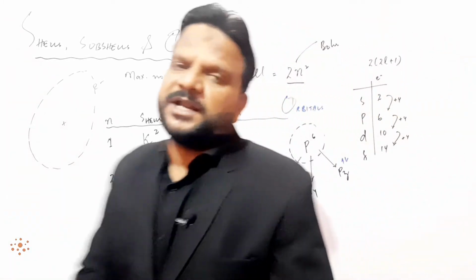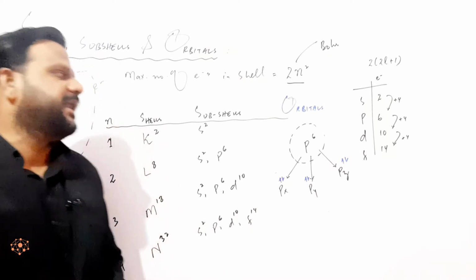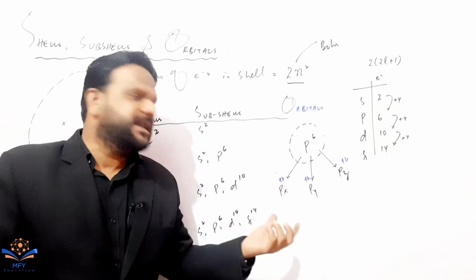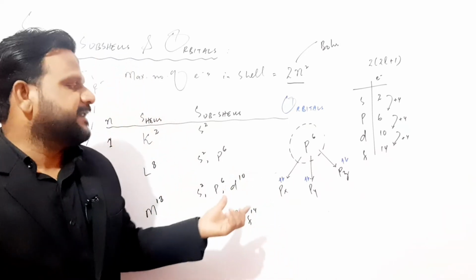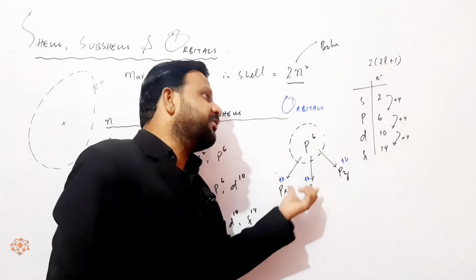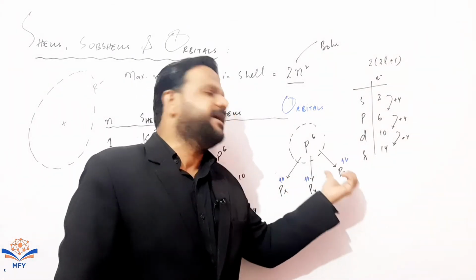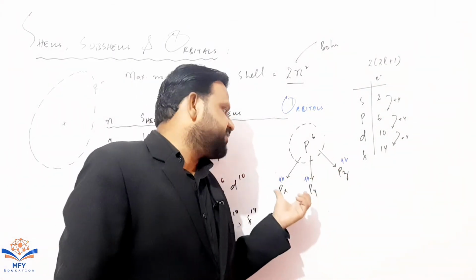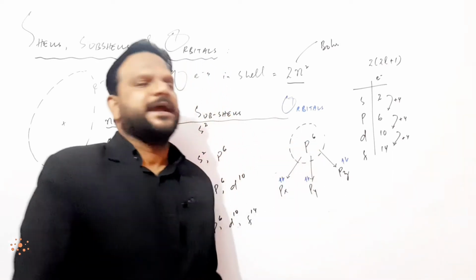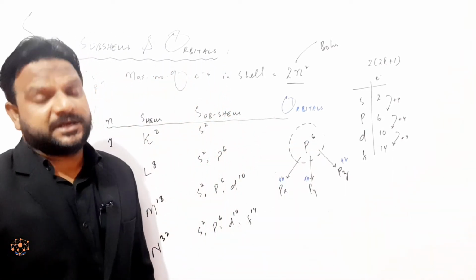It means that the total number of orbitals in the p subshell is 3 and each orbital contains 2 electrons, by the addition of 2 plus 2 plus 2. Px contains 2 electrons, py contains 2 electrons and pz contains 2 electrons. By the addition of all 3 orbitals' electrons, we can easily find that p contains 6 electrons.